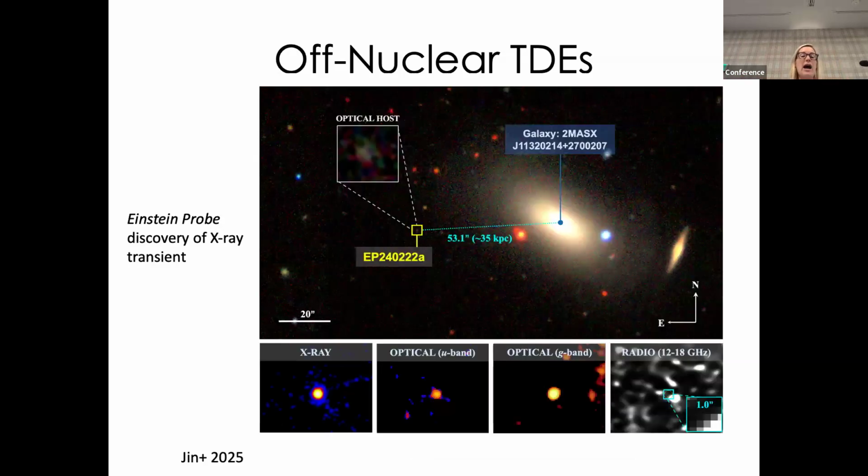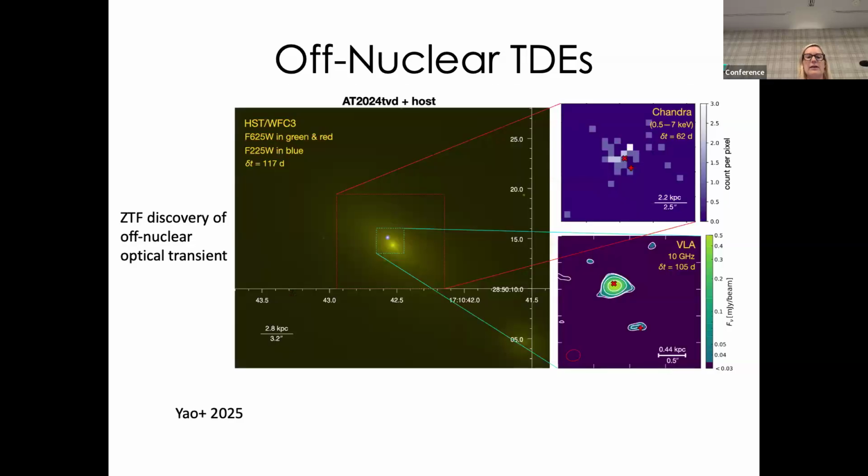However, more recently, an Einstein Probe discovered an X-ray transient, which was shown to be significantly offset from the nucleus of this more massive galaxy. And underlying, there's a very faint galaxy host. And it was also shown to have an optical flare, as well as, I forget if it had radio detection. And then more recently, ZTF detected an off-nuclear TDE, which this time doesn't show any underlying emission, but it really appears to be offset and wandering in its host galaxy.